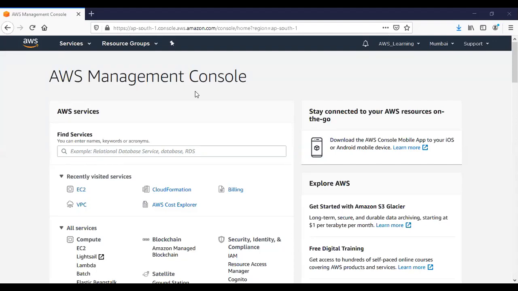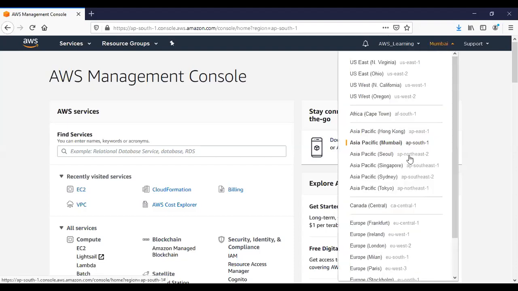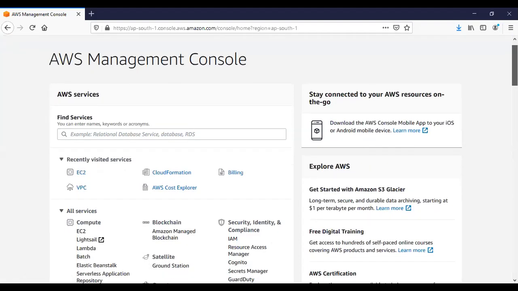Okay, so inside your AWS management console, the first step which you would have to do is choosing the region. So from here, I want to deploy my infrastructure in a specific region. So I have selected Mumbai as my region. Now, from this services section or from this management console itself, if you